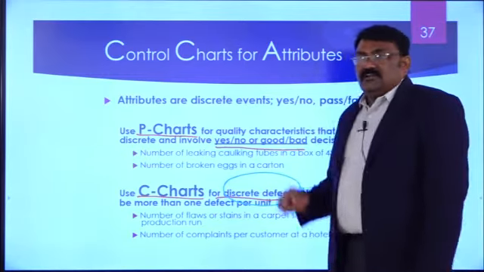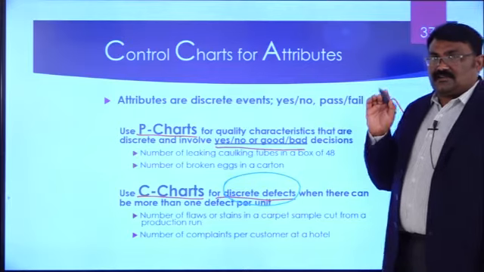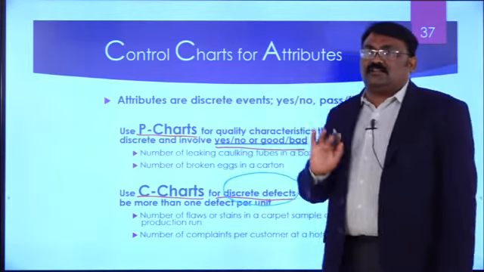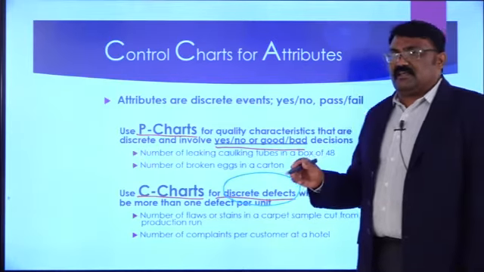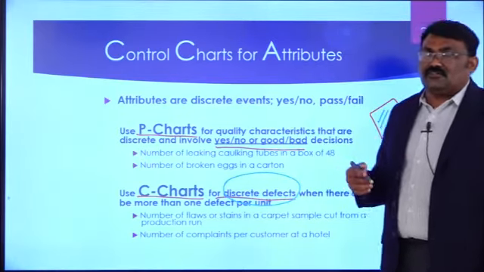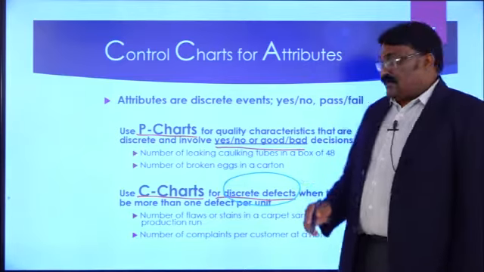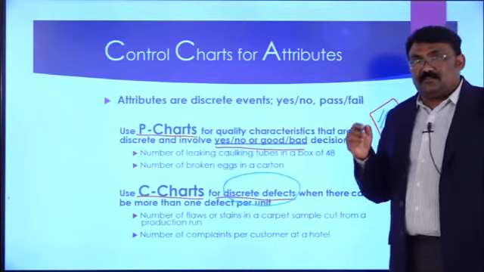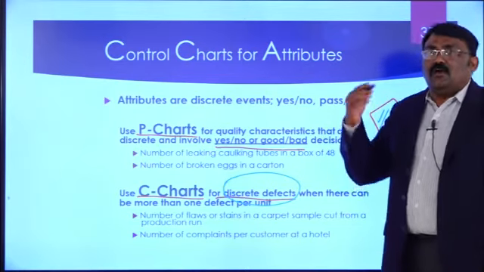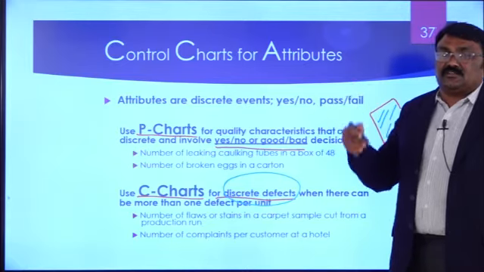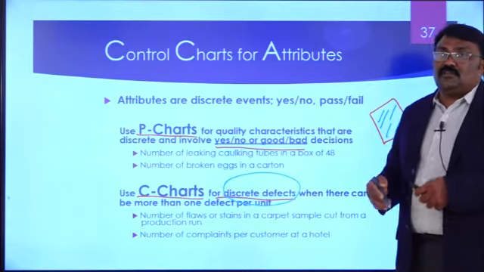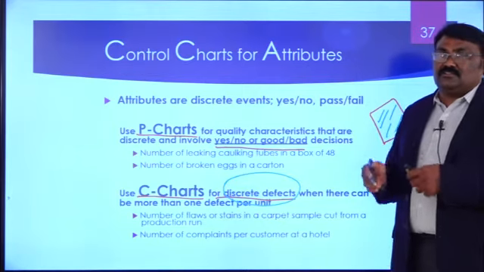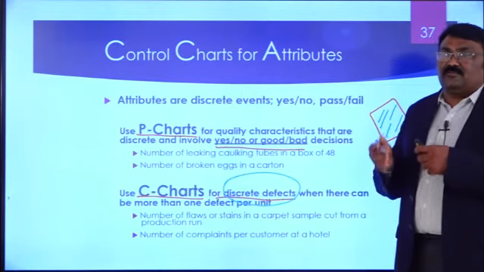Whereas in the P chart, we just reject the product based upon whether there is a defect or no defect. If the defect is there, we reject. If the defect is not there, we accept it. That is it. But in case of the C chart, even though there is a defect, it is understood in more depth, whether it is because of 1 breakage or a number of breakages, so that a process correction can be made and the glass breakages can be reduced.